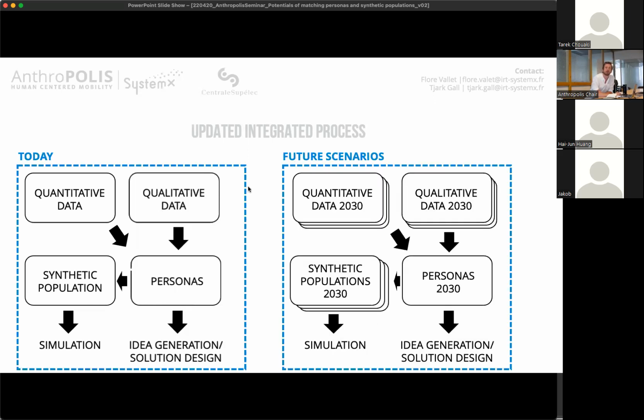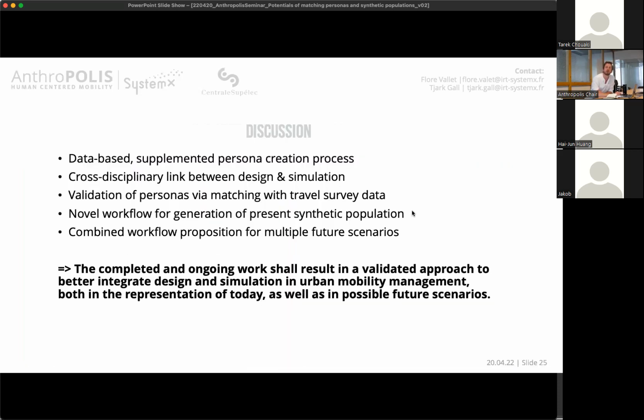And in the second place, and this is where it becomes, I think, more relevant because there we are lacking sound methodologies at the moment, is translating that into methodologies for future application, for example 2030, to see how we can at least have one synthetic population for the future, one set of personas, or preferably several, in order to have a bit of variation. And by proving more or less that the first one works relatively well, being able to replicate it at least in a more reliable manner for the future.